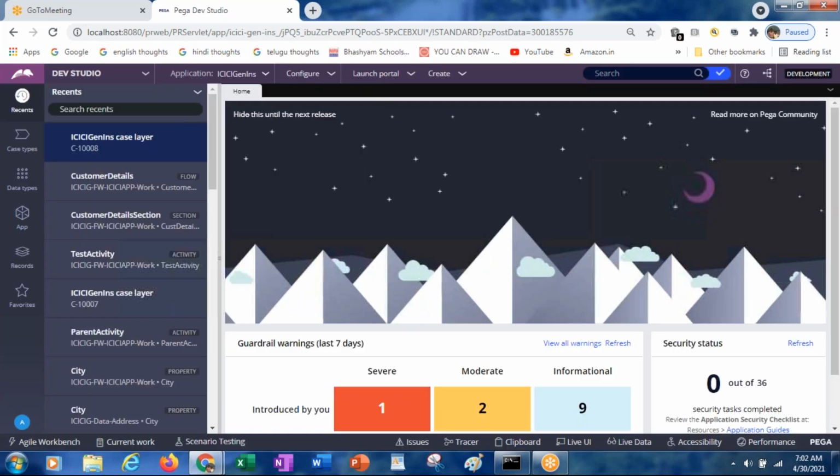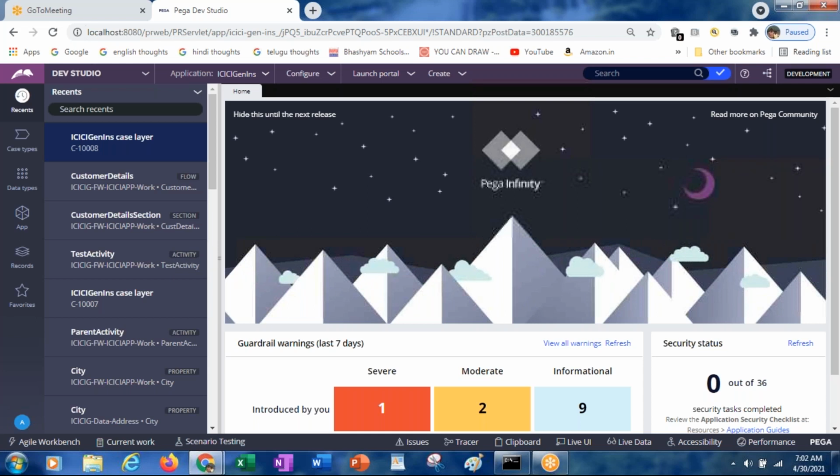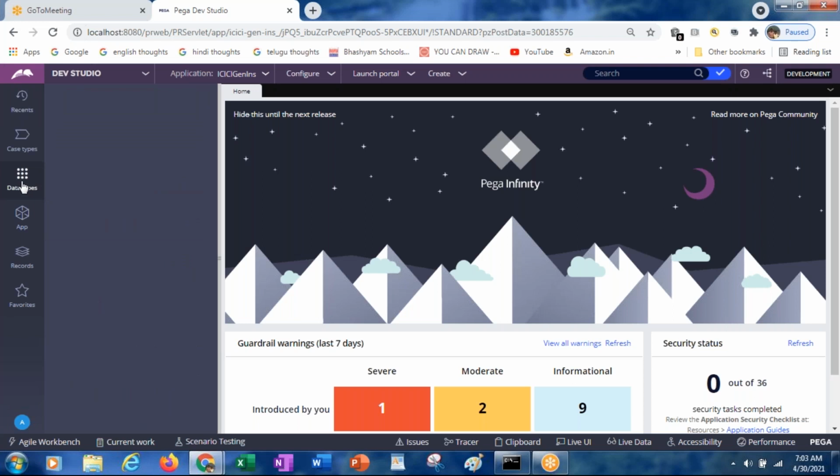Now today we will be learning something called cascading population of the drop-down values. That can be done through the report definition itself, but how exactly? By passing some parameters. So when you pass the state parameter to the city's report definition, then the city report definition will be returning the cities which are related to that particular state. For that we already have two separate data types, one for state and one for city.